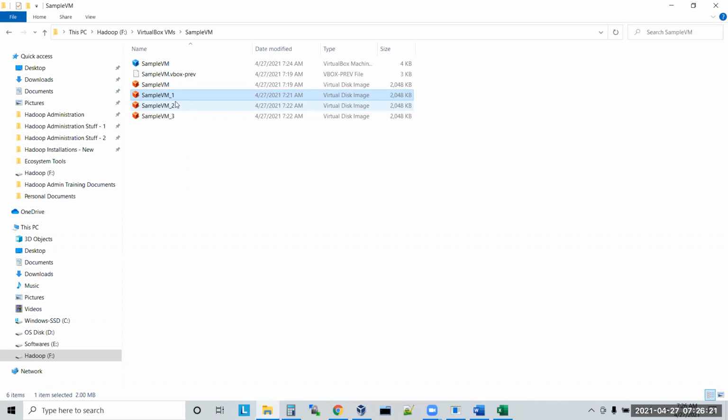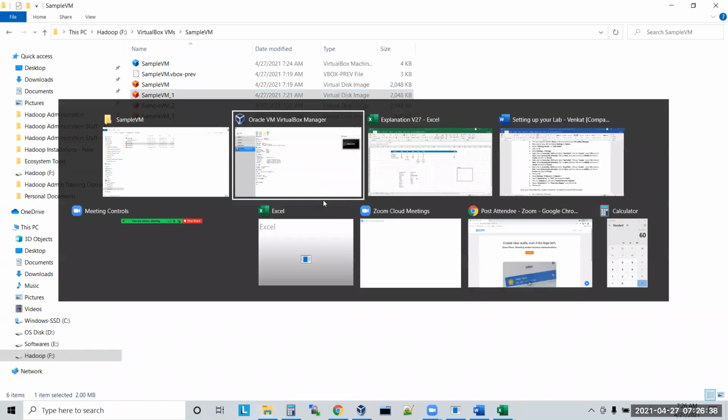But it will take space from your hard disk only when you insert anything into that hard disk. Clear guys?